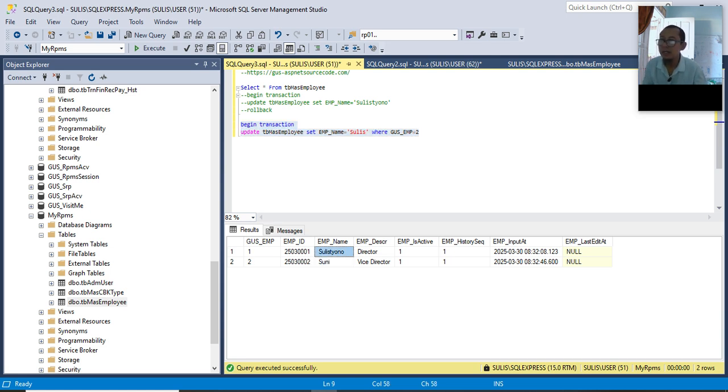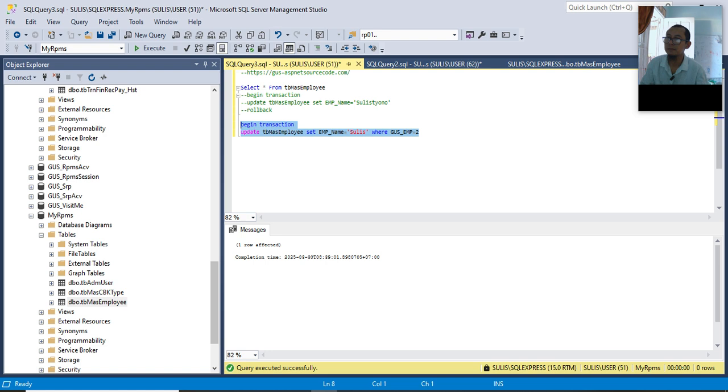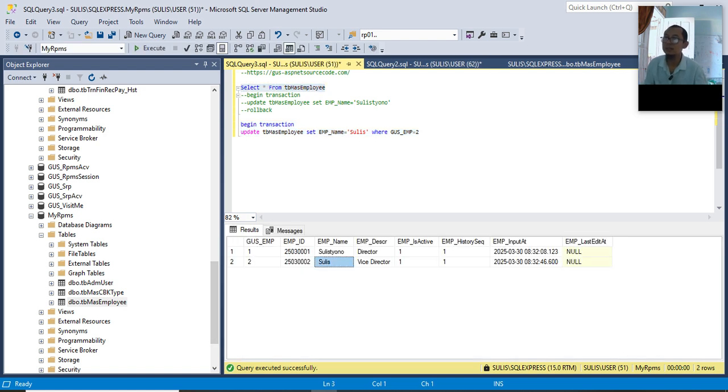I want this data to become Sulis, but I accidentally typed EMP equal 2. Okay, then this data will be changed. Now let's check the data again. See, I made a mistake. How to change the data back to the state before this execution? The Sulis must be brought back to Sunny. So I have to roll back.